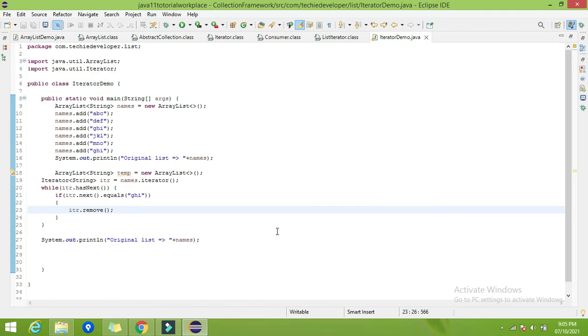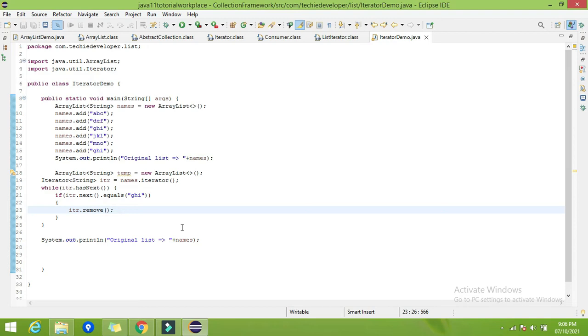What does fail fast mean? Whenever two or multiple threads try to access or modify the same object at a time, that is concurrent modification, it will throw an exception, abort the next statement execution, and terminate. That is called the fail fast mechanism.